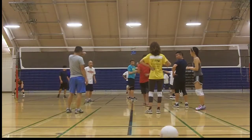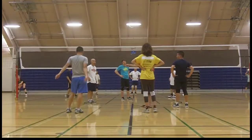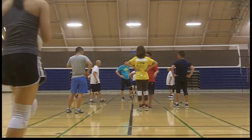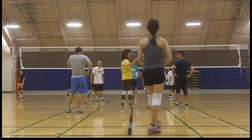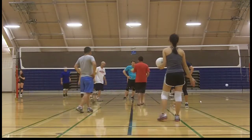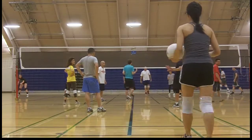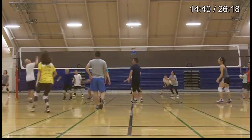Right, so this was a huge rotation problem. I noticed it when I was watching. You see that Vicky and Maria are opposite. They should be opposite of one another, but for some reason Maria is serving, and then so she's right back, and then Vicky is in right front. So if we just go back,